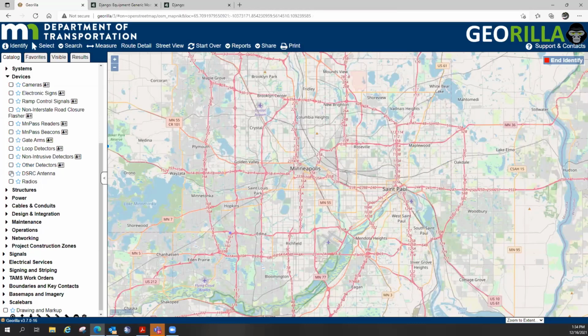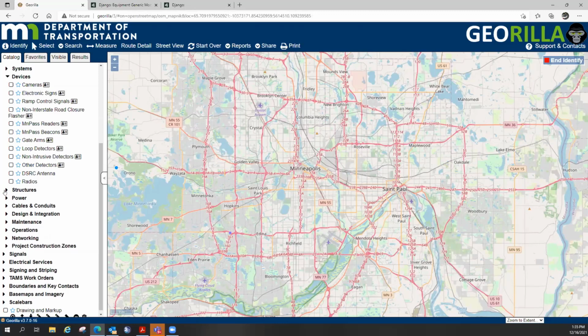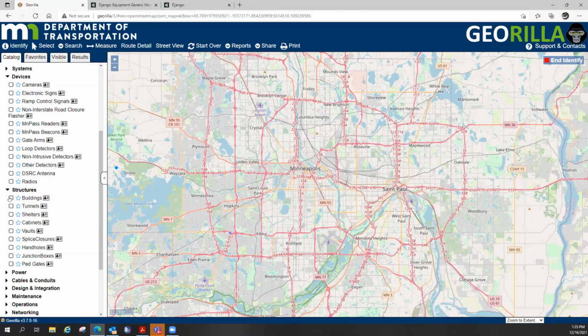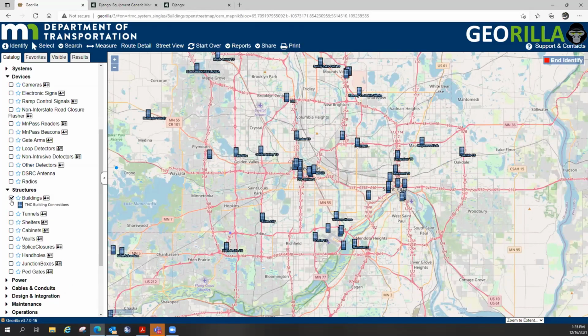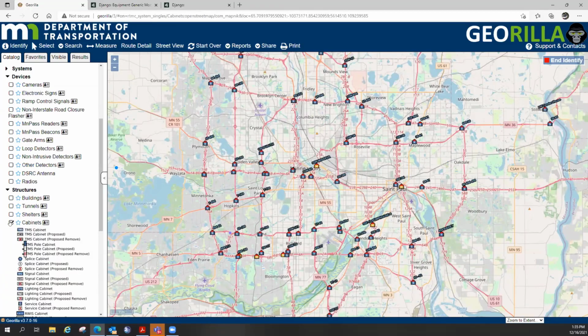The DSRC detectors, this is a kind of a future talking-to-the-car type thing where we've prototyped the self-driving car, where we will be able to talk to them. We have a test corridor out there. Structures, buildings that we connect to, our communications shelters that all the cables run into for collecting data and bring it back out. Our cabinets,